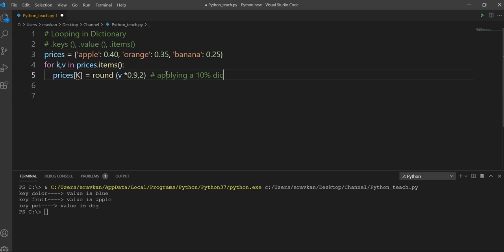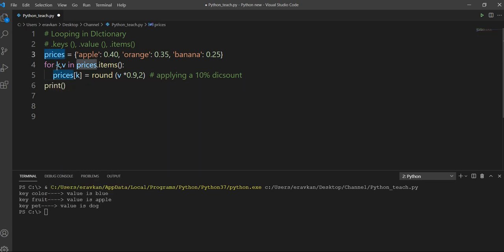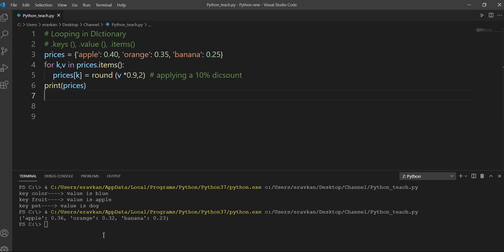So in this way I can iterate through my dictionary and manipulate the keys and values. Now if I try to print the new dictionary, then I will get the discounted values. So this is one example of how you can play with your dictionary values.